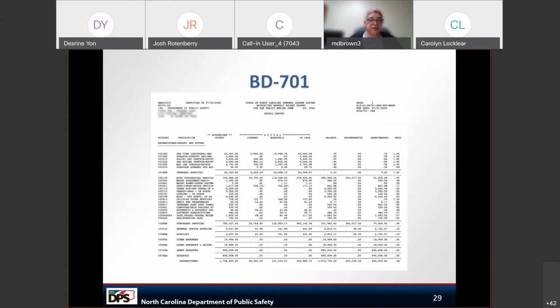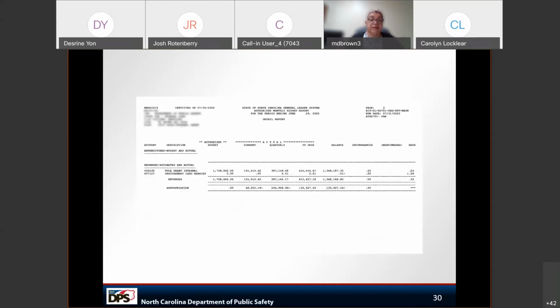And as you can see from the sample that we have in our PowerPoint, it is a complete line item of your budget. It shows what you have by line, and that is what will show for us when you submit it, what you've expended from your budget as a state agency. So you'll receive that from the controller, and it will detail all of your monthly expenditures. Again, it is your proof of payment, and it should list the name and same line items that you see in your budget.